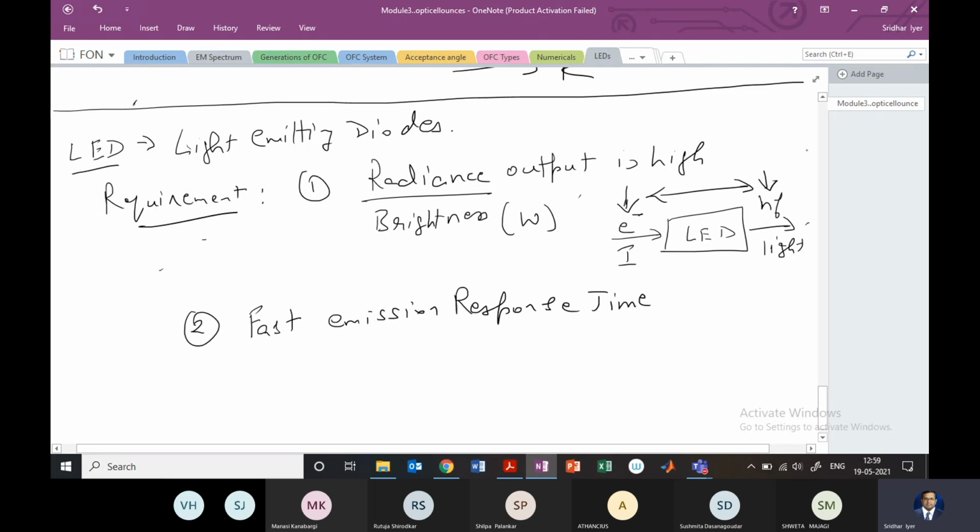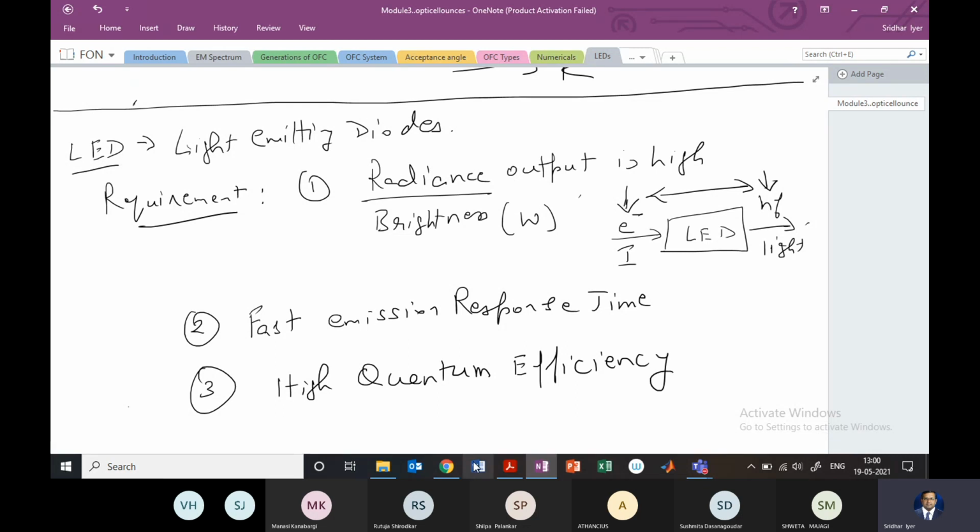The moment I plug in and start the LED and apply a current, I am expecting output from the LED, but that is not going to happen because the LED has its own circuit and it will take some time. So we require this response time to be short. Otherwise you'll have to wait for the output to be shown after a long delay once you apply the input. So that's not allowed. Okay, so we will be deriving an equation for the response time, and we'll see that it is dependent on a few factors. Next, very important, high quantum efficiency.